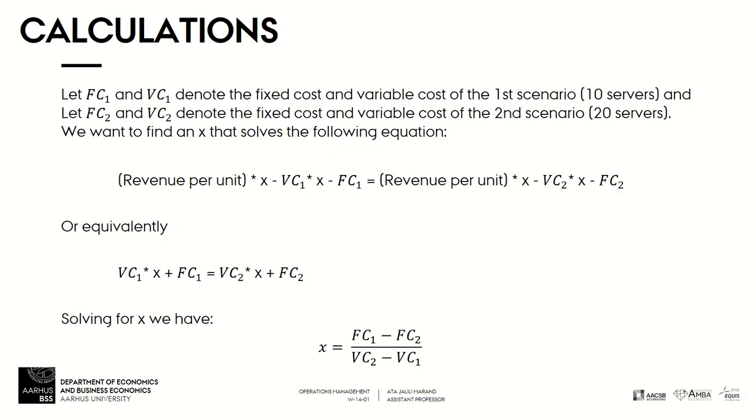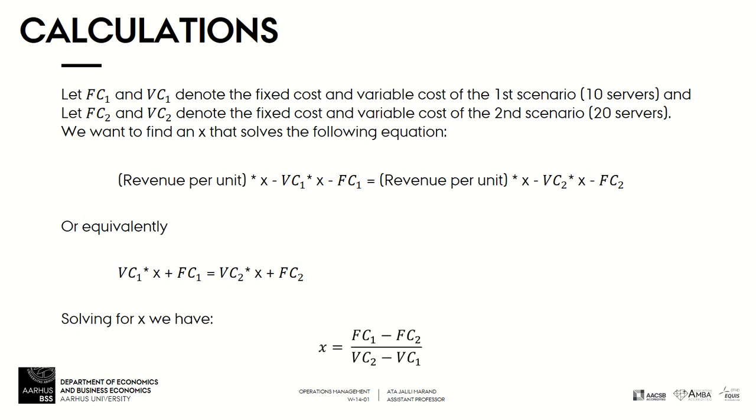And on the right-hand side we have the total profit of the organization if it chooses the second alternative. And here FC2 and VC2 are denoting the fixed cost and variable cost of the second